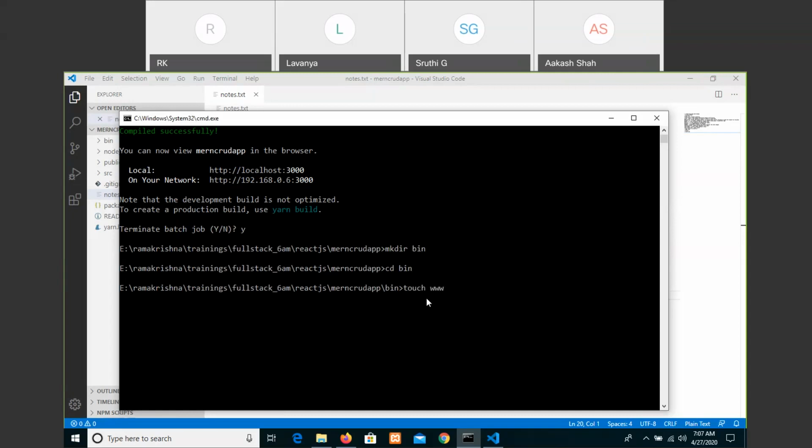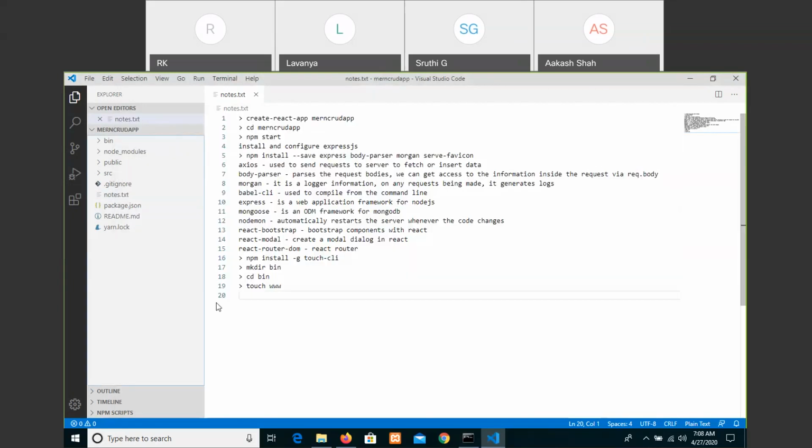That's it. And then read it. Of course, as I have installed it already, that's why it's working. In bin, there is a file.